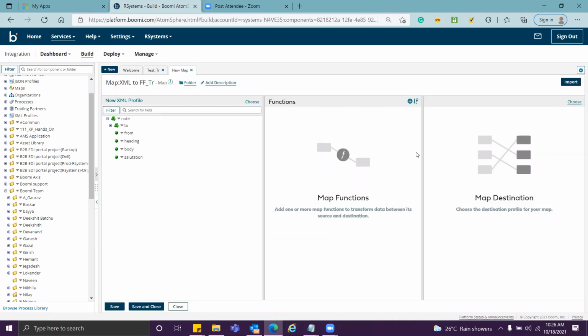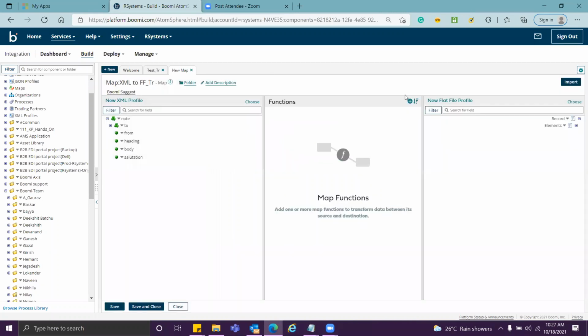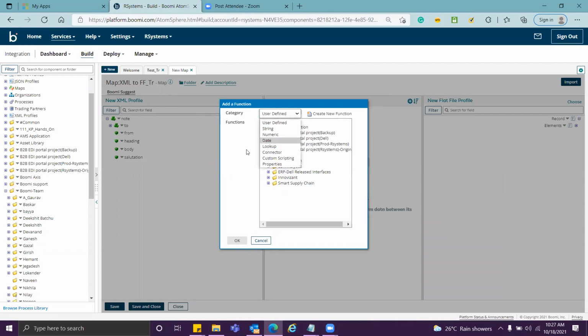Right. On the right hand side, I choose a flat file. Right. So within this map function again, say I have to retrieve my dynamic document property.